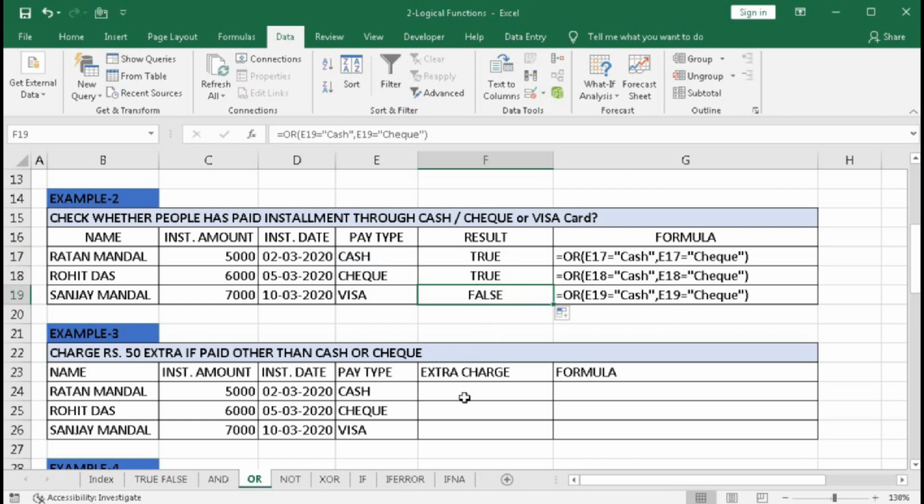Now here we will charge an extra 50 rupees if it is not paid through cash or check. So here we can do it in two ways.